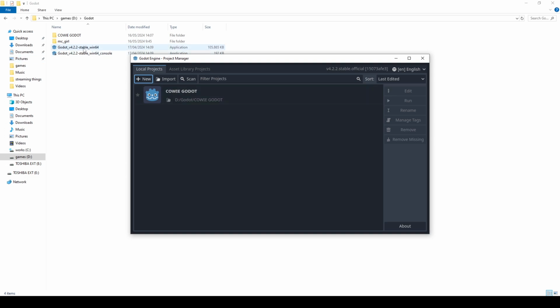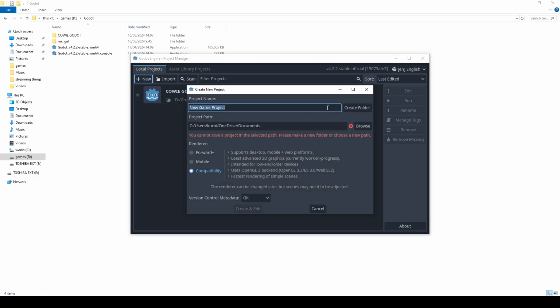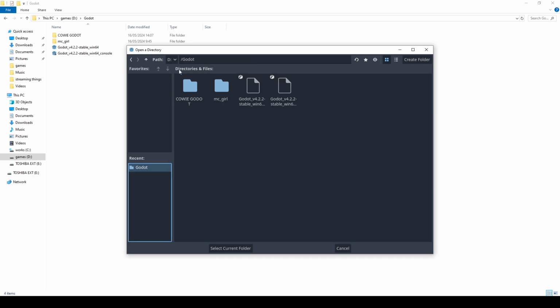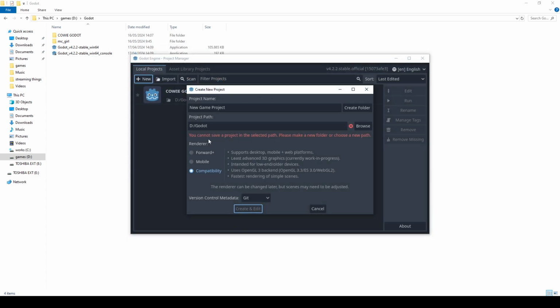For me, I click on the application icon, and then we can approach the local projects, click on the new, and since there is no folder, I'm gonna select my project path, and we need to create a new folder, so a new Godot.